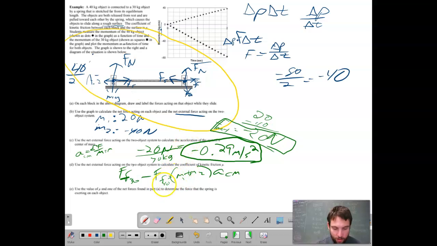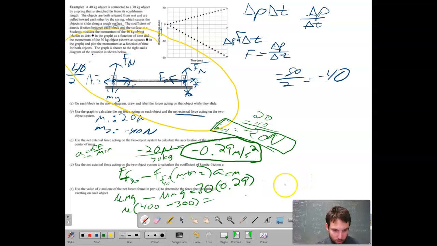Now to solve for both of these, we know frictional force equals mu times mg minus mu times mg equals m1 plus m2. I'm just going to put that as 70 times negative 0.29 meters per second squared. Mu, we don't know, and I'm going to pull out that common mu. Mg for the 40 is going to be 400, minus mg for the 30 is going to be 300. So mu equals